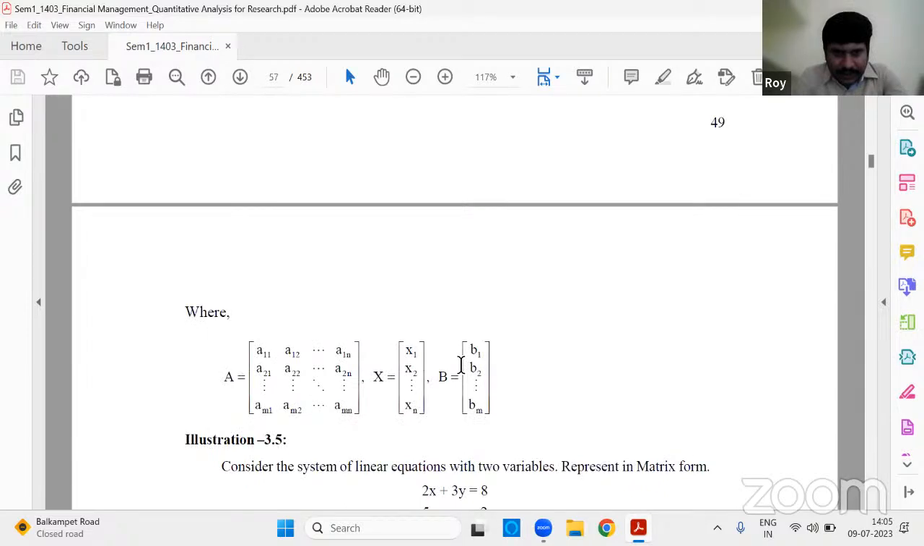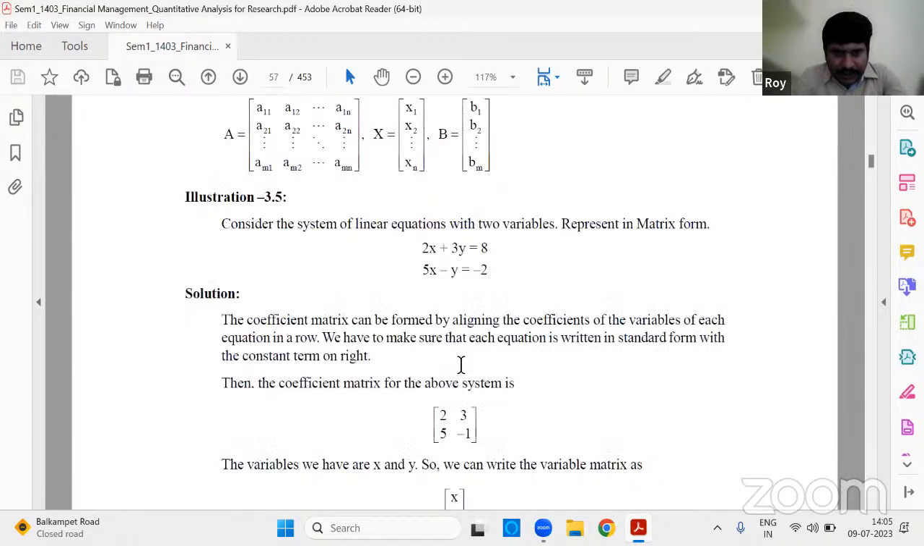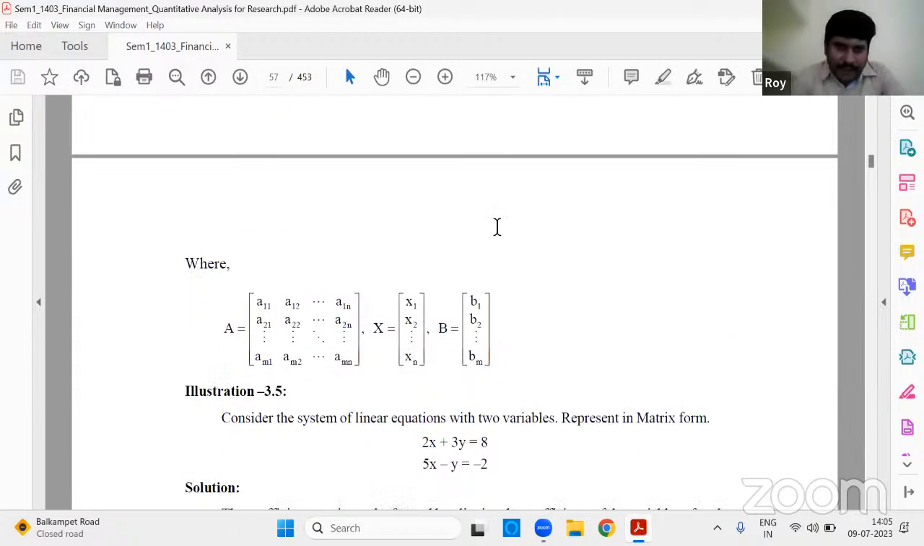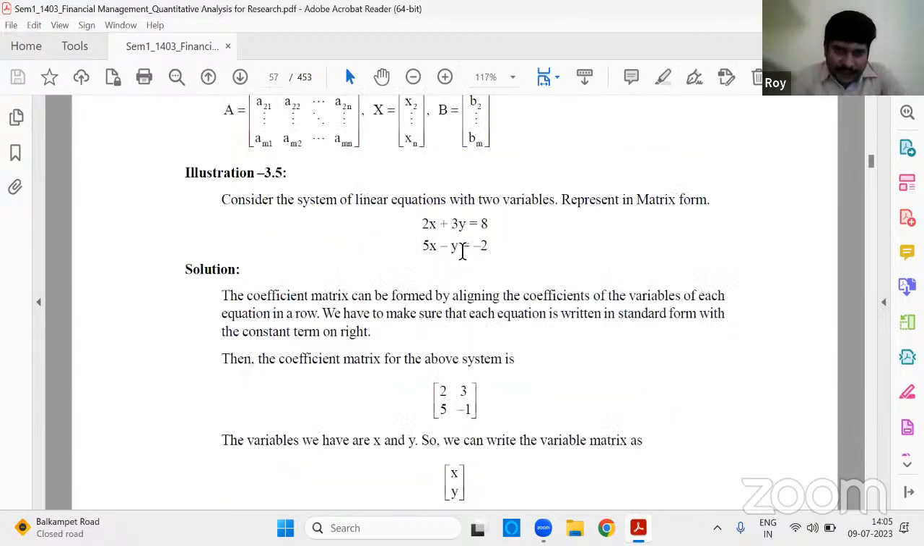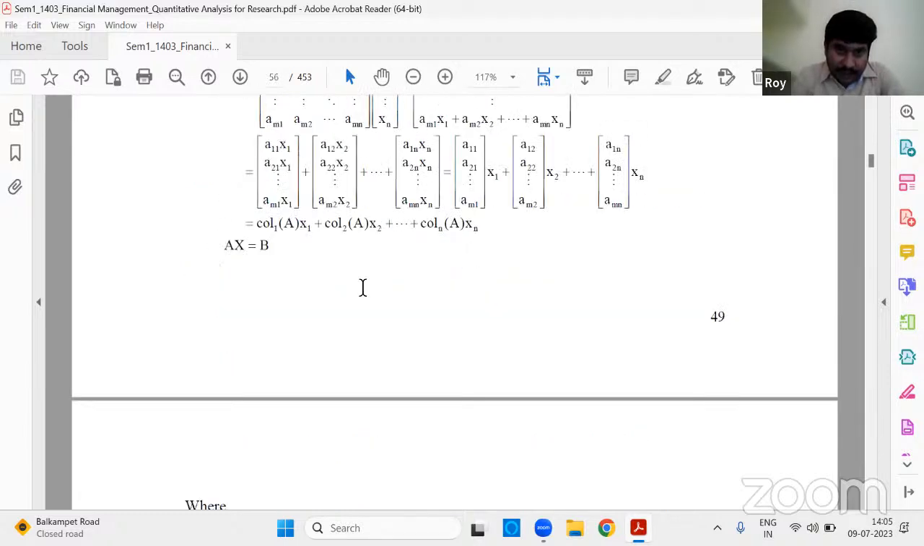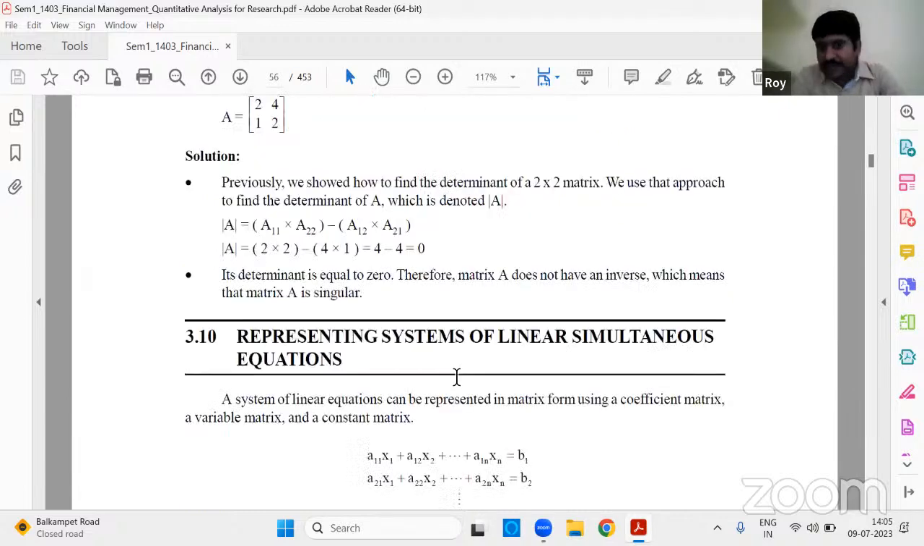This is good to understand. Instead of looking at these, look at this example: 2x plus 3y is equal to 8, 3x minus y is equal to minus 2. And remember this heading, how we will represent the systems of linear